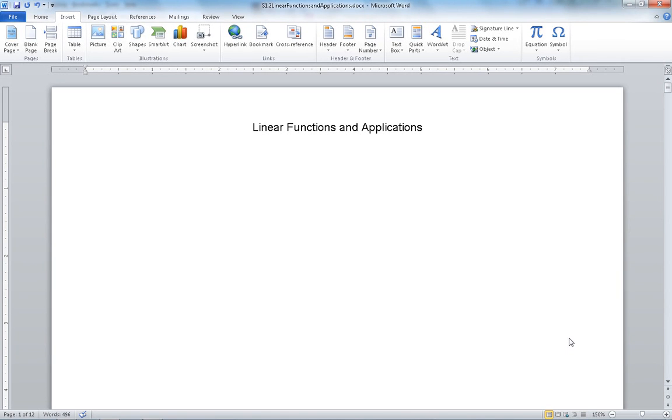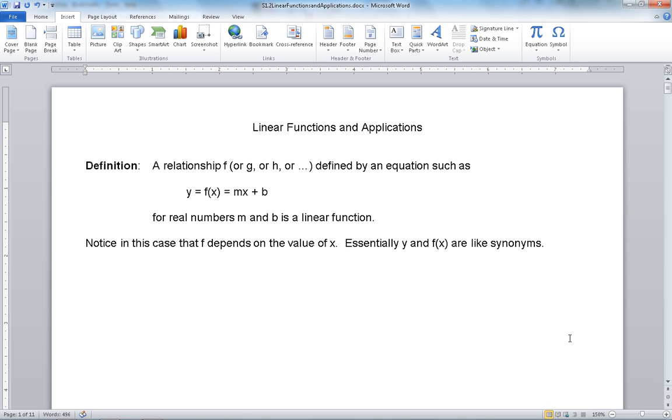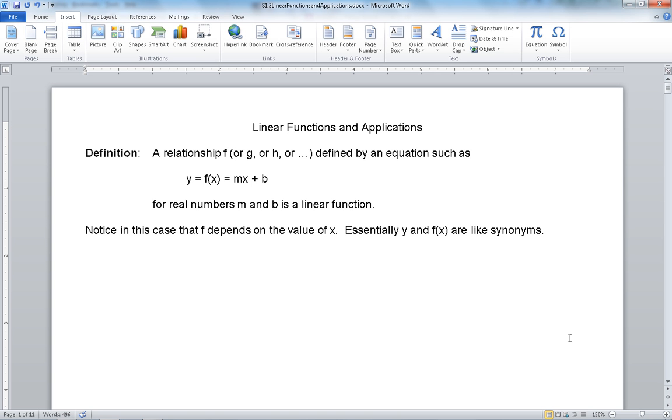Our next topic deals with linear functions and applications of those. So to begin with, let's think about our definition for a linear function. So any relationship which we can designate as f of x or g of x or h of x or